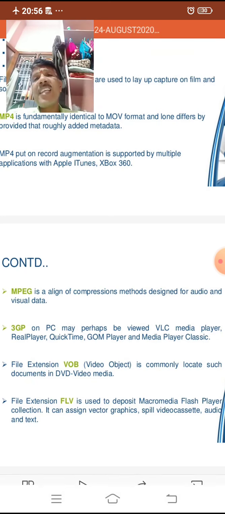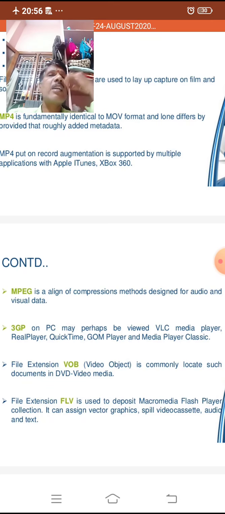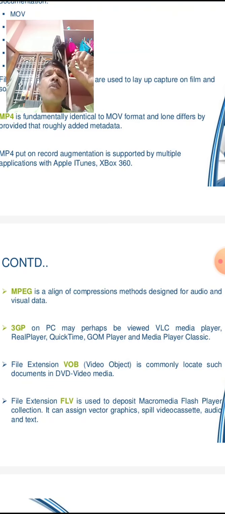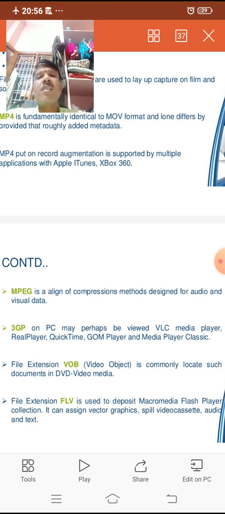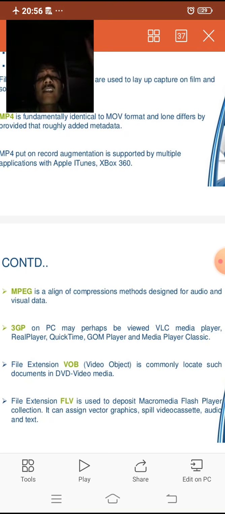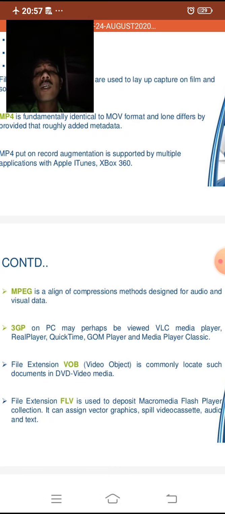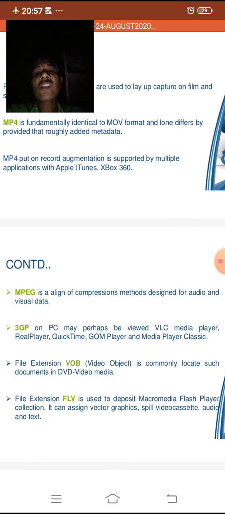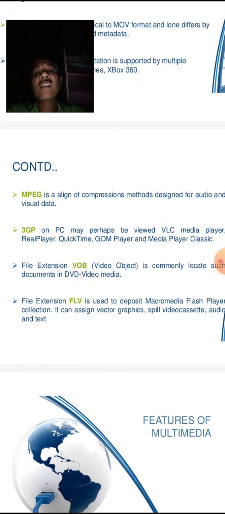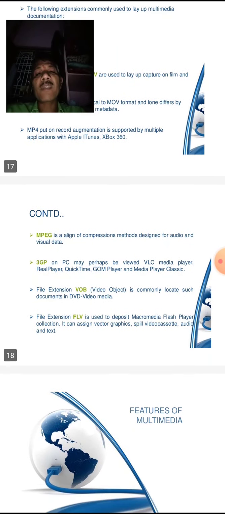The meaning is that there are different formats for different purposes. Some formats occupy less space, some are easy to run in some applications, and some are for specific purposes. These are the different formats of multimedia components for various purposes.